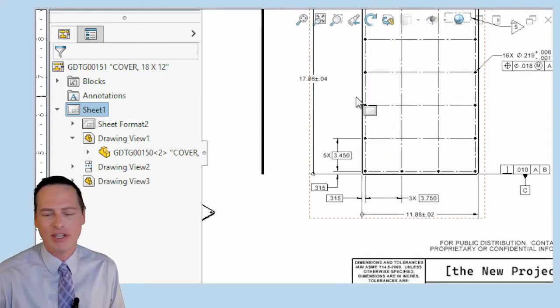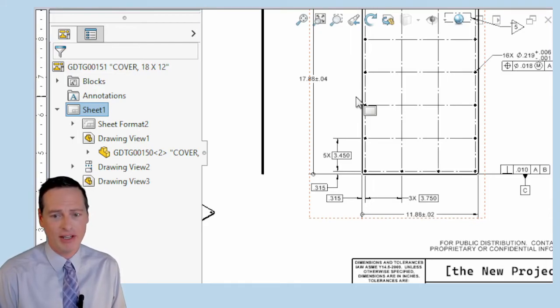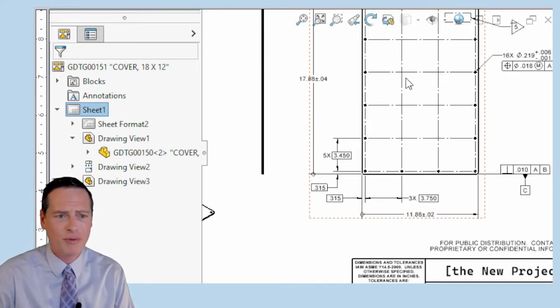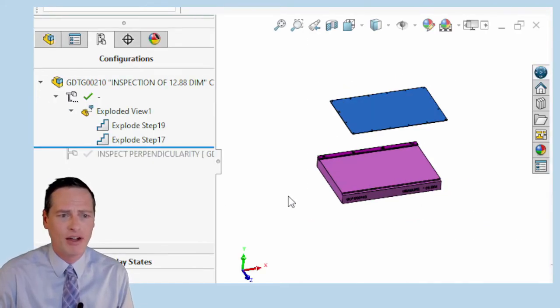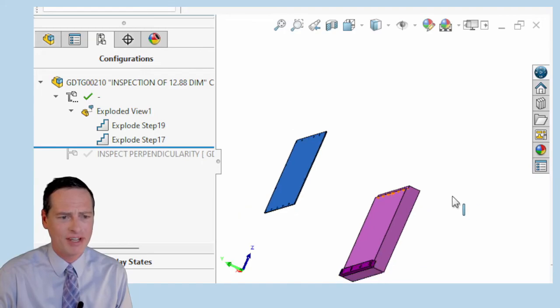Here's another little beef I got with this: these two dimensions, 11.88 plus or minus 20, 17.88 plus or minus 40, are not really simultaneous. These are taken independently of each other. These are not dimensions that exist within the datum reference frame ABC. What would you have to do if you wanted to inspect these? Well, if you wanted to inspect, let's say, the 11.88 dimension, you'd want to have a fixture that's kind of,